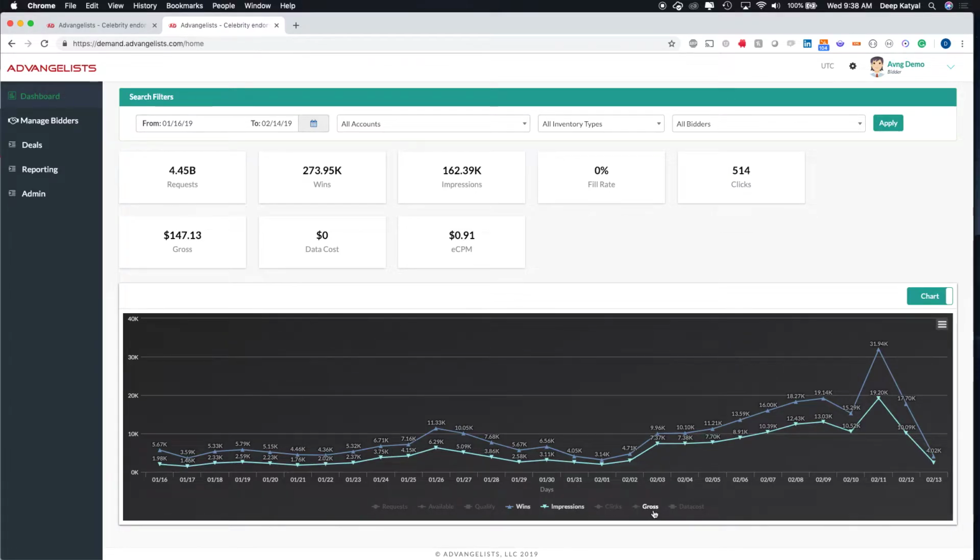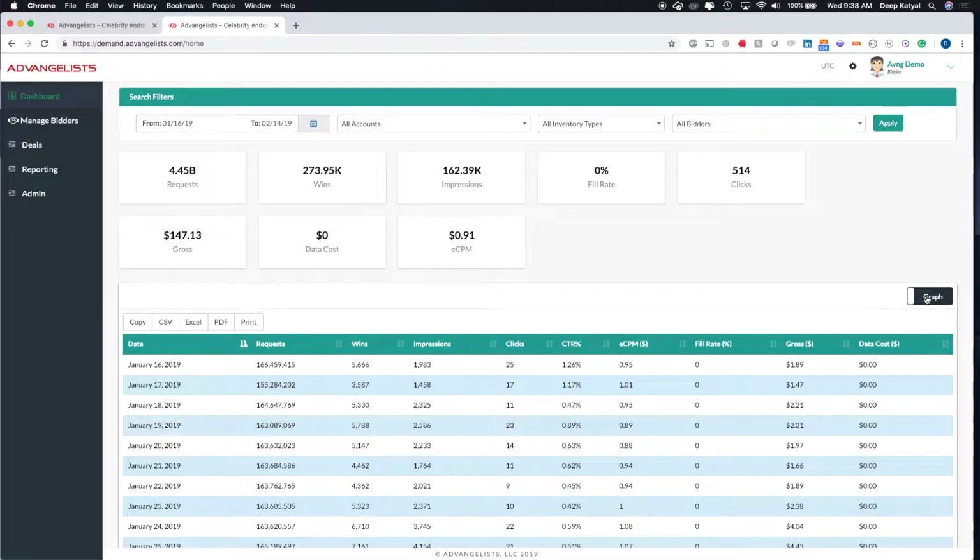You can map clicks, you can map gross, and you can map data costs associated, if any, to the instance right in this chart. The chart can be exported out as a print, a PNG, a JPEG, PDF, or an SVG vector image. For the more traditionalist in you, you can flick this little toggle switch and move to a